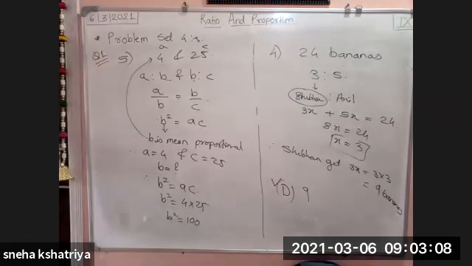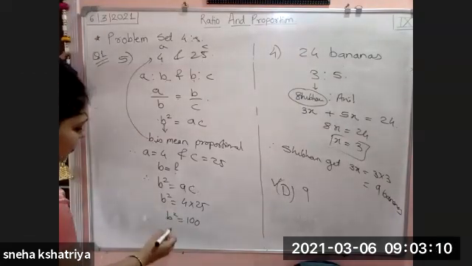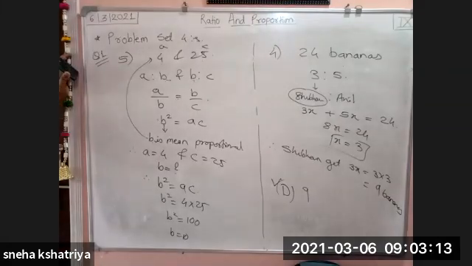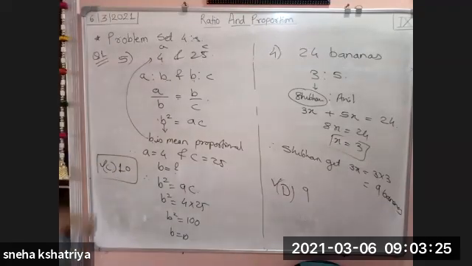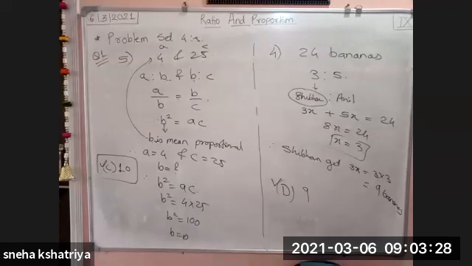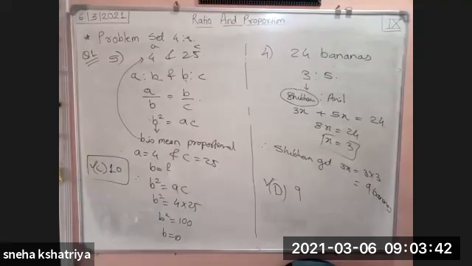We want to find the value of B, not B square. So take the square root, we get B is equal to 10, because 100 is 10 square. So B is equal to 10. Your correct option is C. 10 is the right answer. Very simple kinds of examples. If your basics are done properly, then you can find the answers very easily and quickly.